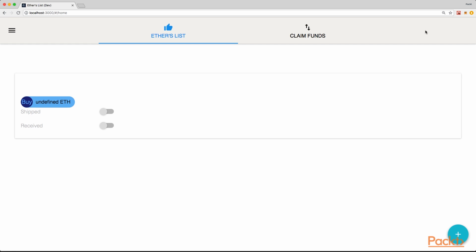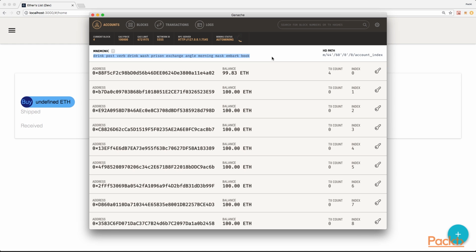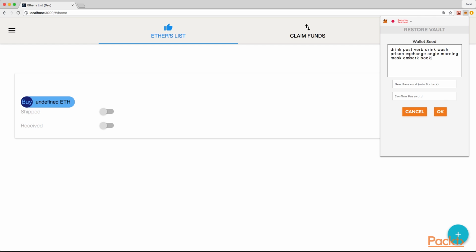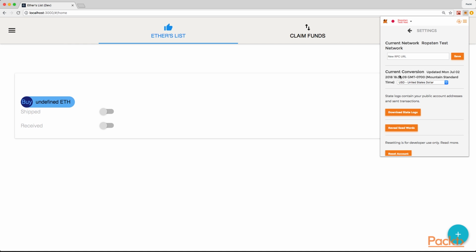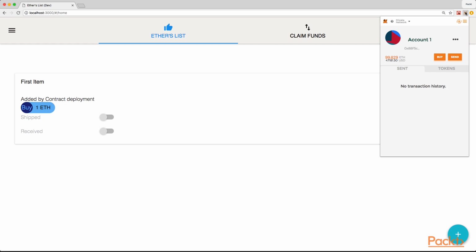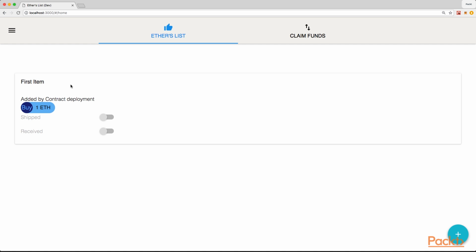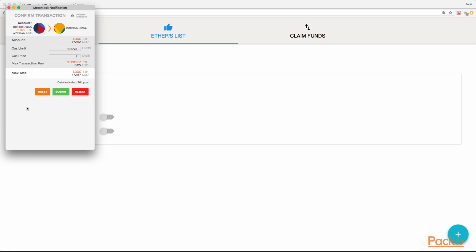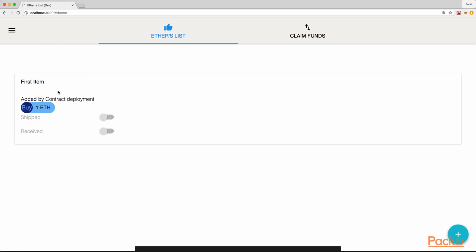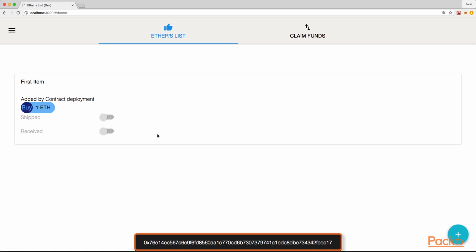3000. We can connect MetaMask to our local Ganache installation by copying the mnemonic from Ganache, restoring from a seed phrase in MetaMask, pasting that in, and providing a password. Then switching over to HTTP 127.0.0.1 on port 7545. And we've already got an item for sale on our marketplace, so we can buy that. Review our transaction for 1 Ether with the gas limit and gas price, submit that. We've got our transaction ID that automatically pops up, and in just a few seconds, it pops over to the